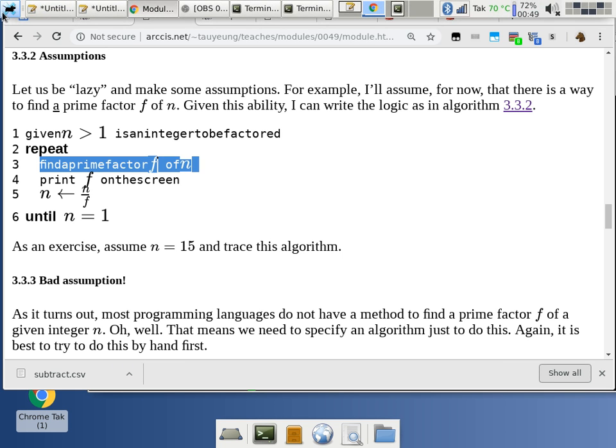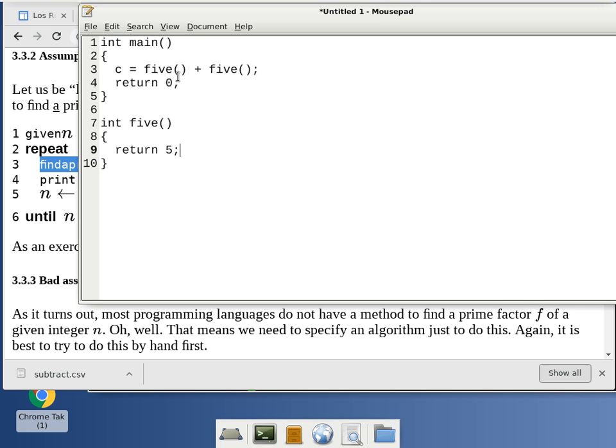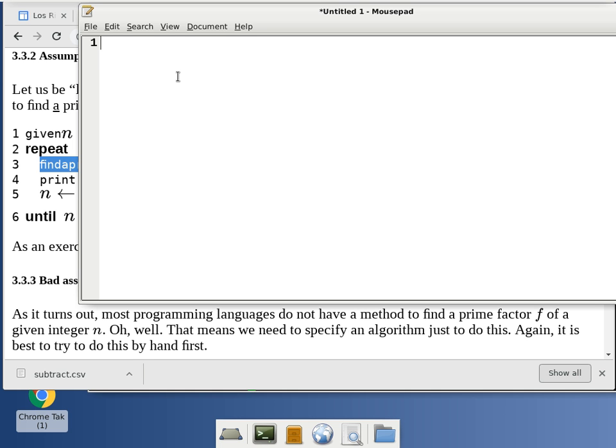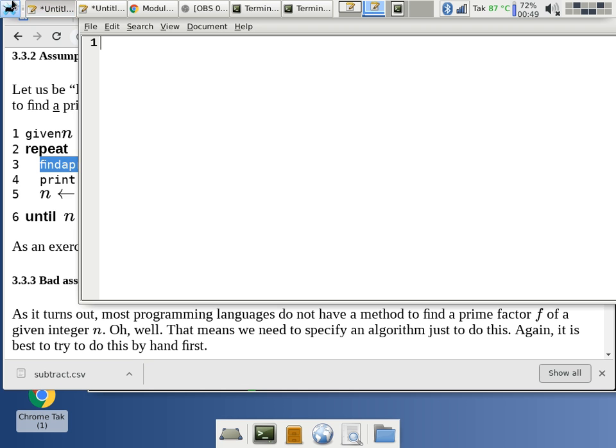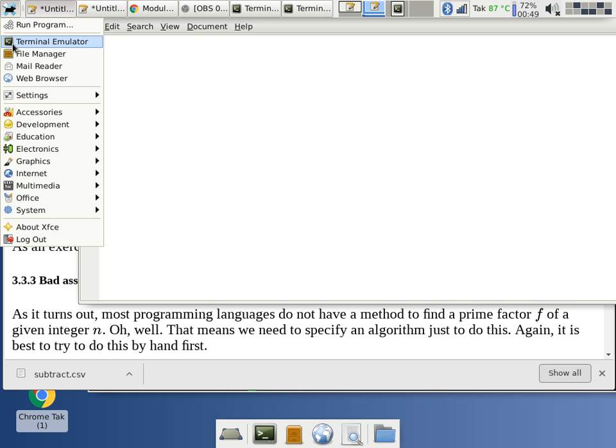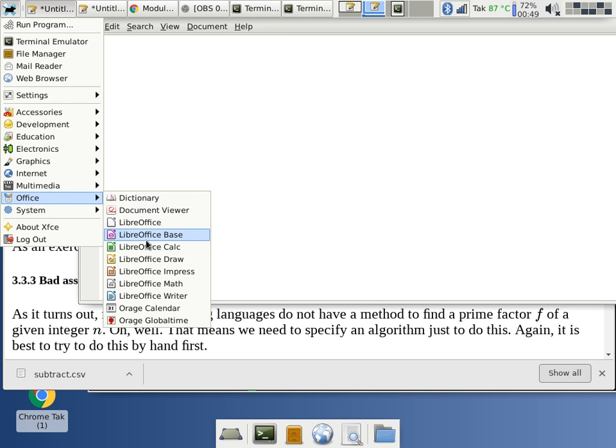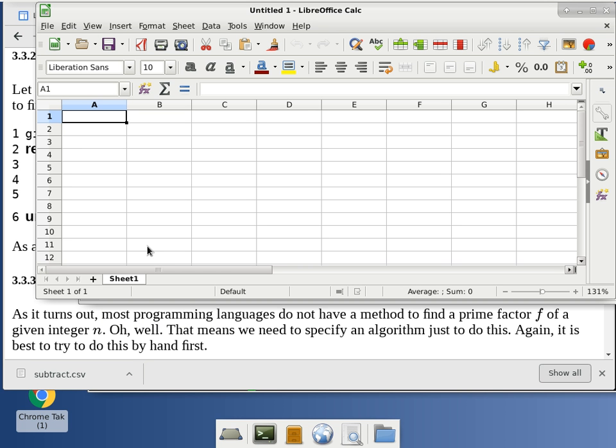And last time I started this, but I did not finish it, which is basically the approach of, but how do we figure out the pseudocode to do something? Okay? And if you remember, last time we had a spreadsheet, and I picked some kind of big number to start with to find a prime factor of. So we'll do it today again. Okay, so today we'll do exactly the same thing, because I want you to be able to visualize the approach of doing things. So what we'll do is we say, okay, we have a number n, and we have a potential